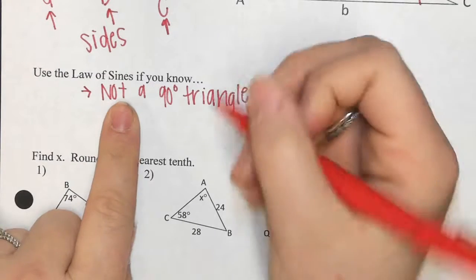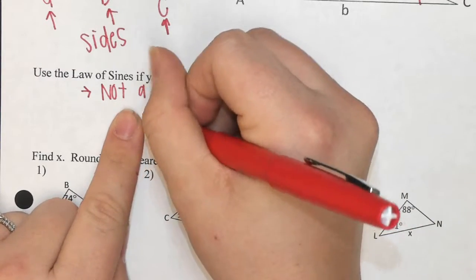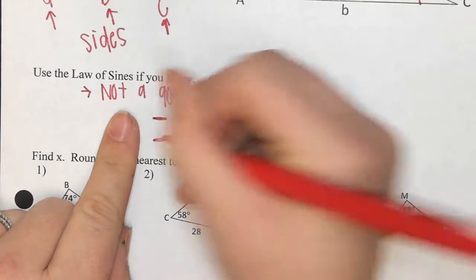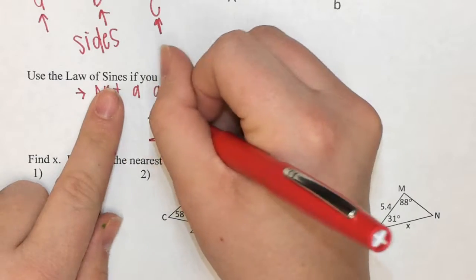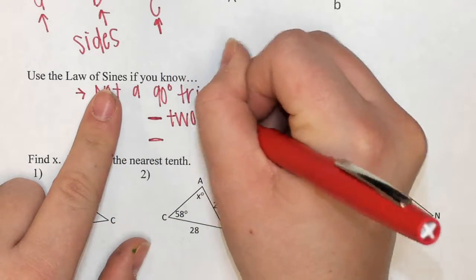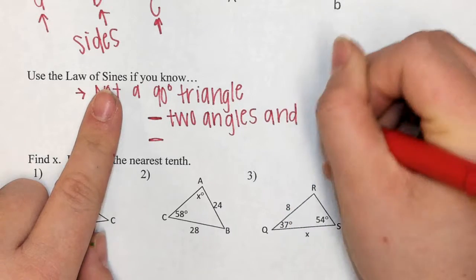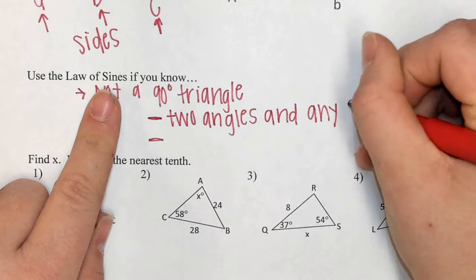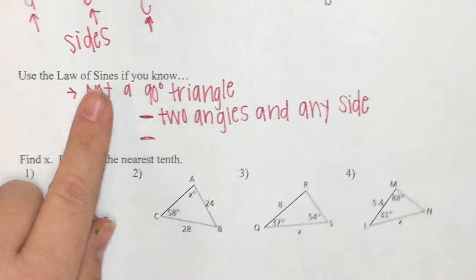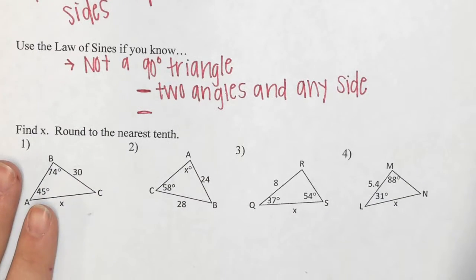So if it's not a 90-degree triangle, then you look for one of these two things. It's either going to have two angles and any side. Two angles and any side,